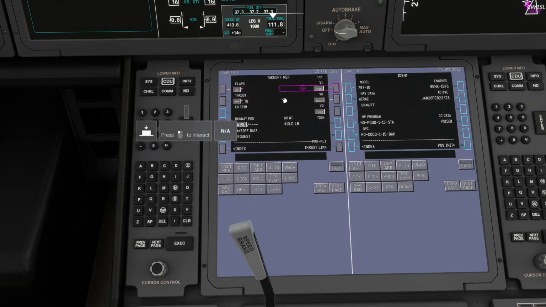And now this is where you set up your takeoff reference. So on takeoff, we're going to put in 10 degrees flaps, whatever number of flaps you want. I mainly put 10. I think most people put in 15, but we're going to do 10. And our V1 on the takeoff is going to be 120. And our rotate speed is going to be 130. And V2,